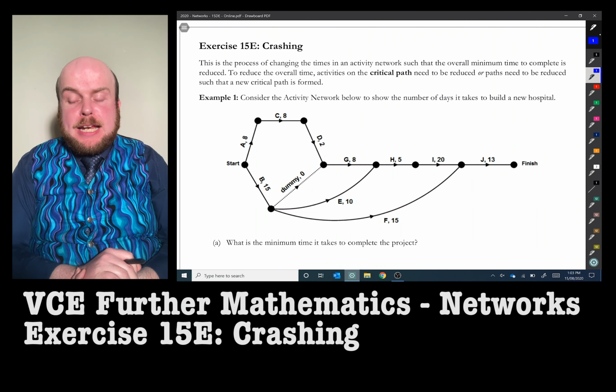By the process of forward and backward scanning, we found that 64 hours is what is required to complete